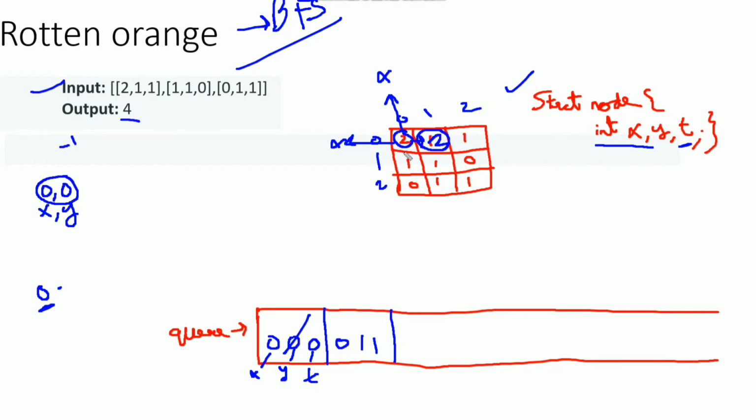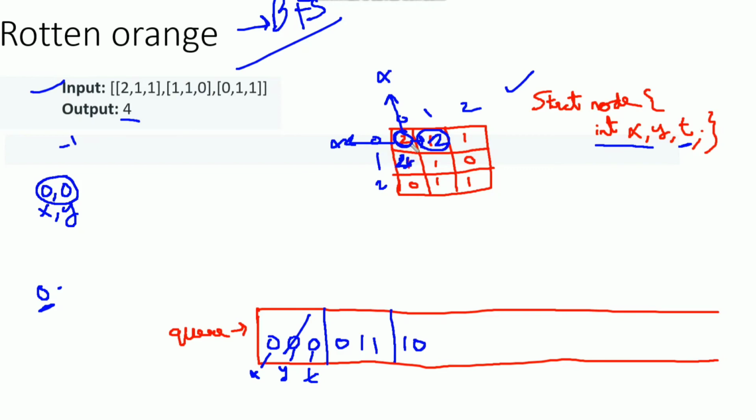The next location is the downward location. So we need to convert it from 1 to 2, and then we need to enqueue this location. The information that we are going to store is row 1, that is x value is 1, column value is 0, and the time taken for converting this was initial time plus 1.